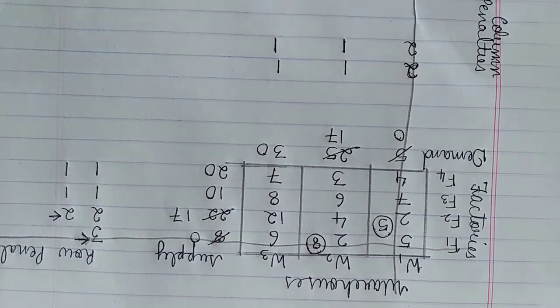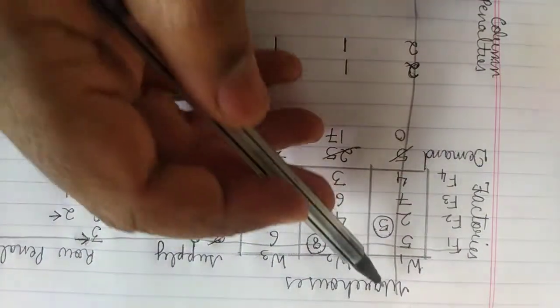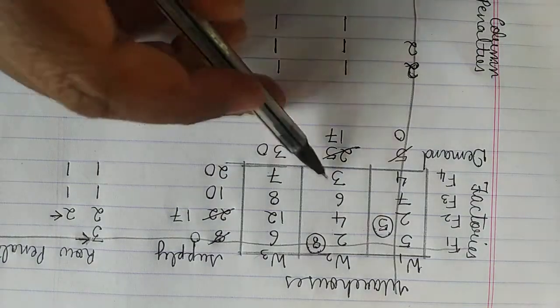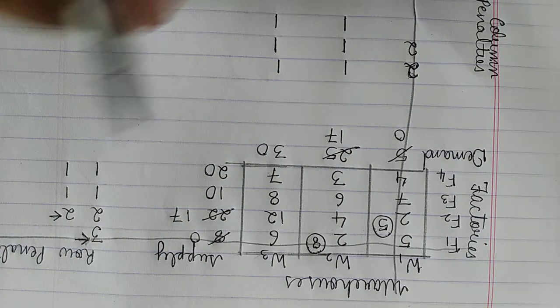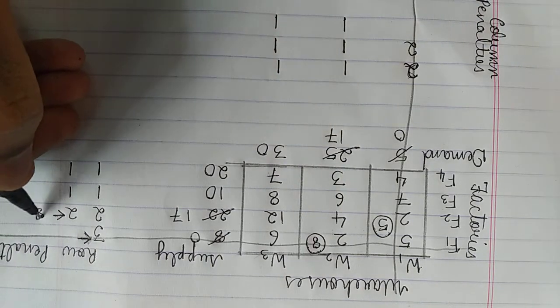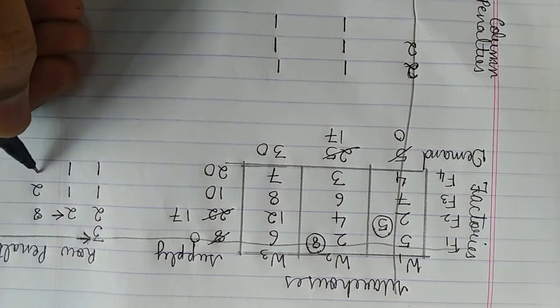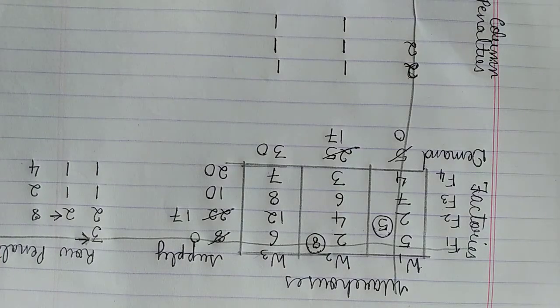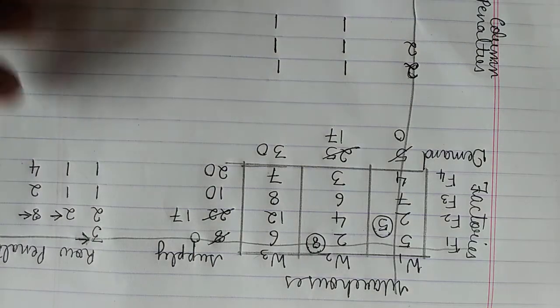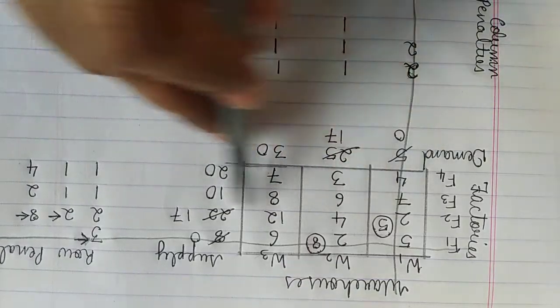I'm cancelling this. Now see here, I have cancelled a column, so our column penalties will remain the same. You can cross verify if you want. Now only the row penalties will change. Difference 8, 2, 4. So these are your row penalties. Once we have found the row penalties and column penalties, again you have to find the highest. So again in this you have to make allocation.